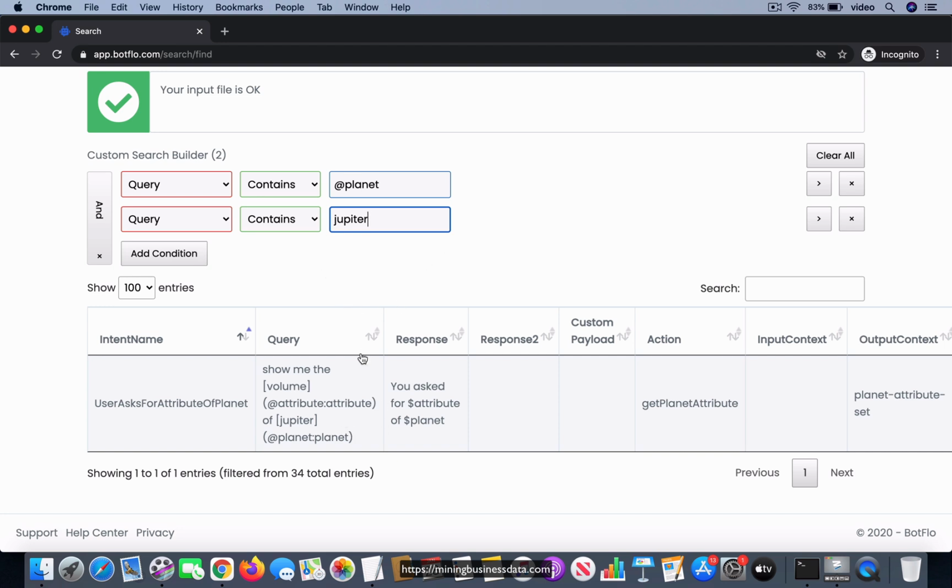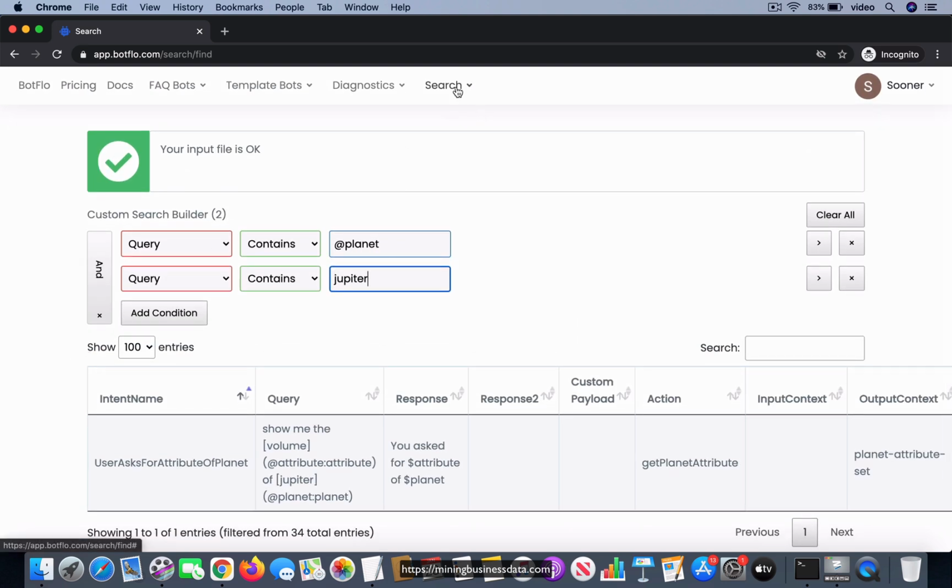entity, right? I'm pointing this out because there could be other places where you use Jupiter, and maybe that's not what you're interested in, and so on. This may not be the best example, but I think that you get the gist of what I'm saying, which is that using the search, you are able to locate the information inside an agent. If you have a fairly largish agent, you're able to use the search plus the search builder. You can get to the specific information that you want very, very quickly,